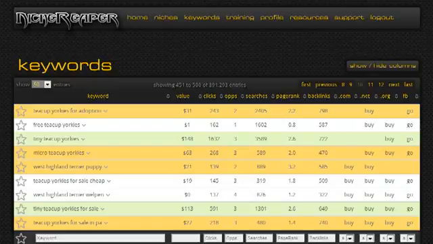Okay, so here we are on the keywords page itself. And you can see there's quite a lot of information here. I'm not going to cover everything. The information is covered in more detail in the training videos. We're just having a look here. Okay, first of all, this figure here, quite important,